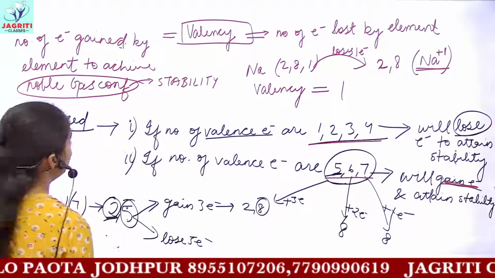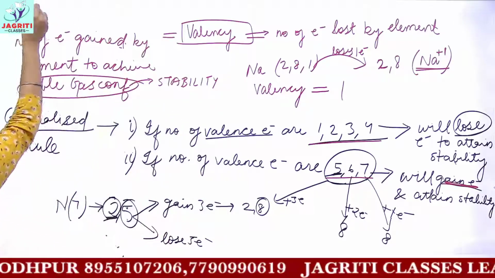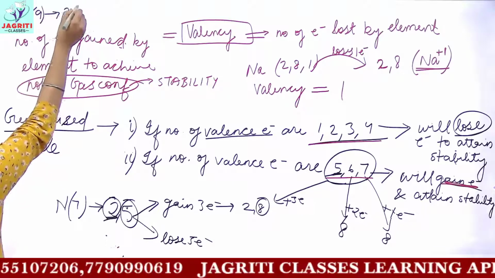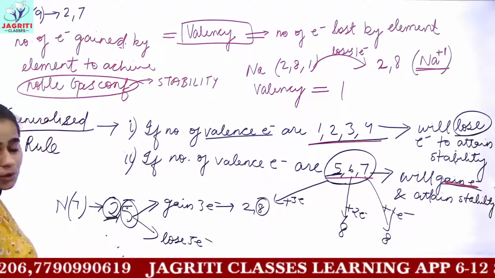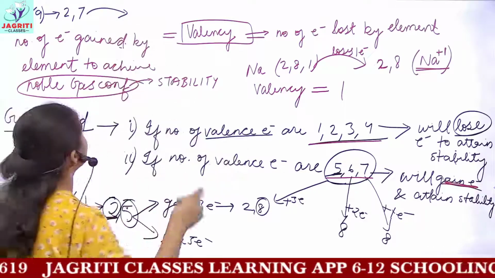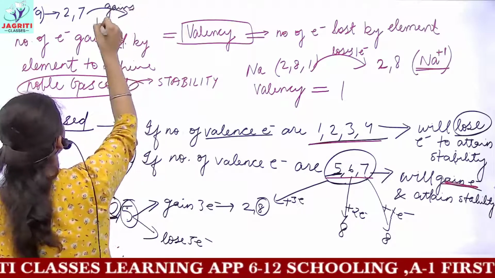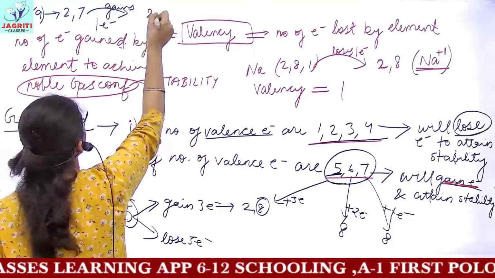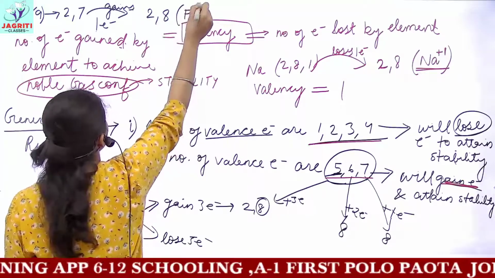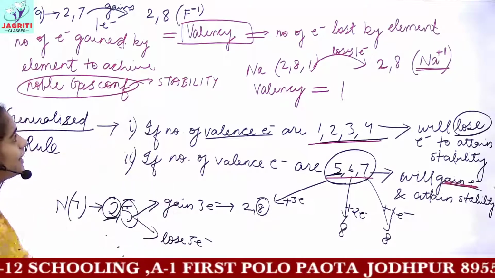But if you are given, what is the valency of fluorine? We have discussed fluorine has atomic number 9. 9 means the electrons are 2 and 7. Okay. What did fluorine do? It gains an electron. So fluorine gains 1 electron and it becomes 2, 8. And because it is taking an electron, it becomes F minus 1. Now what would be the valency?